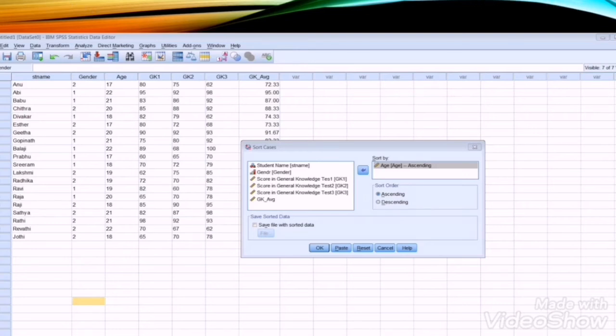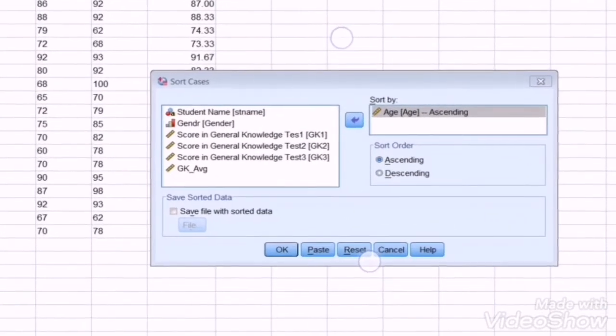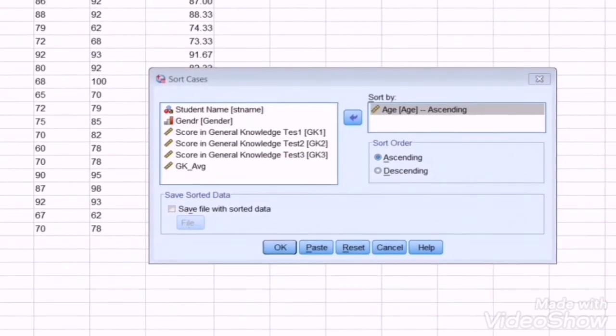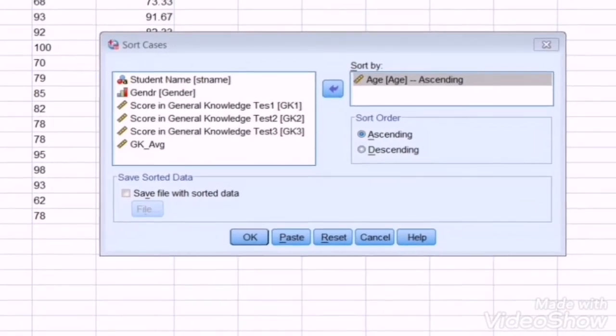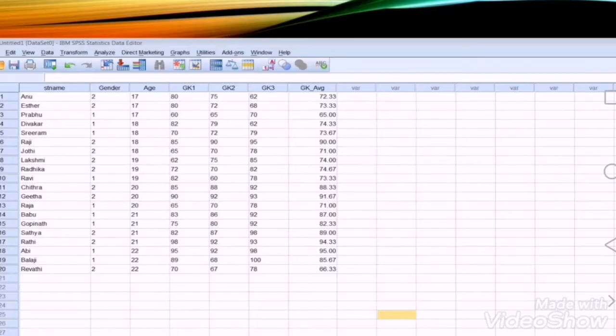Here we have transferred age to the sort by box, and we want to arrange the age data in ascending order. So we have selected ascending, and then we click on OK.